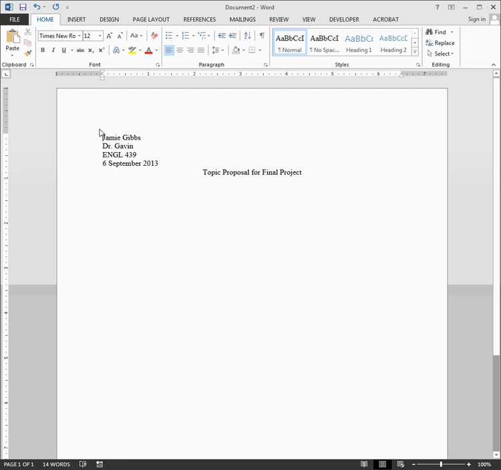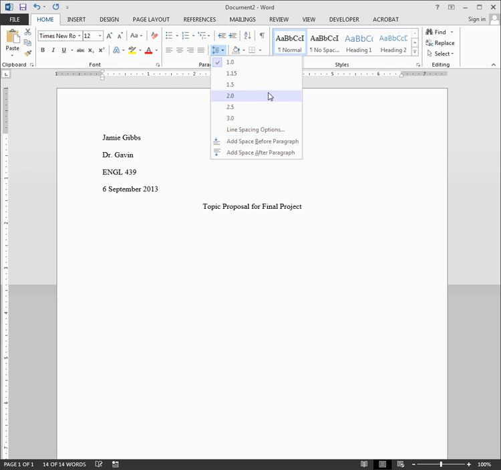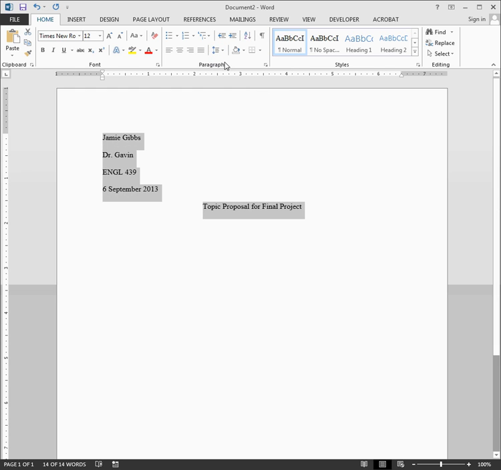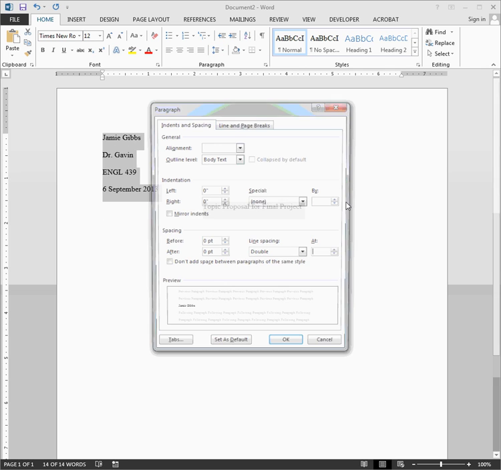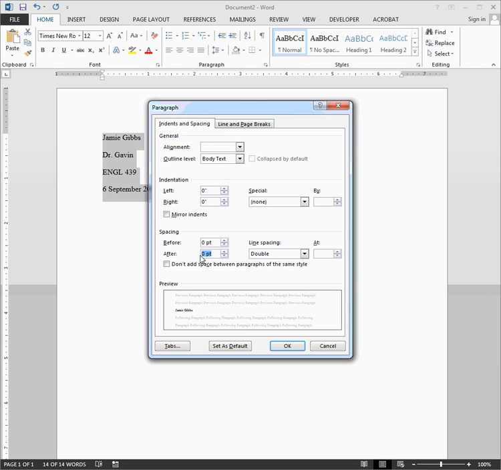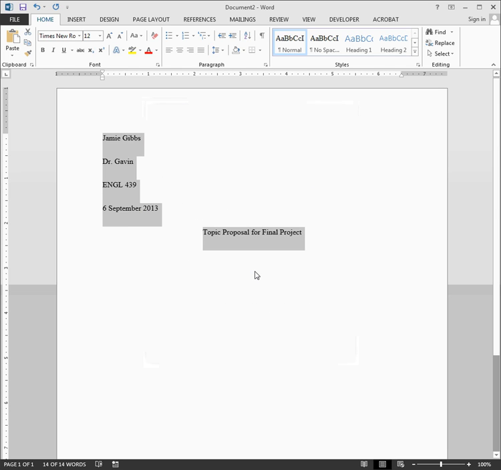So what we're going to do is I'm going to hit Control A or Command A. Go to this and put 2.0 spacing. Now this is how it should look. However, if you're using the default space settings for Microsoft Office after like 2003, this is what it's going to look like. Part of the default settings is an extra 10-point space that actually makes your document too short if